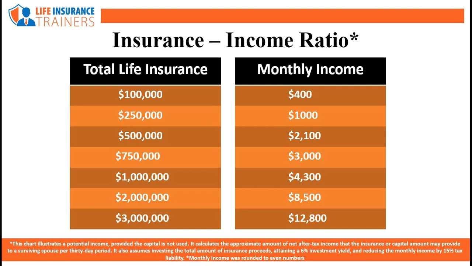So simply look at the right side of this chart, Mr. Client and Miss Client, and tell me what income level you want your family to have to continue on. $8,500 a month? Perfect. That means it would take $2 million of principal, and that's the exact amount of life insurance we need to apply for to protect your family's standard of living. Fair enough? Thank you. I hope this chart helps you. It cuts to the chase.